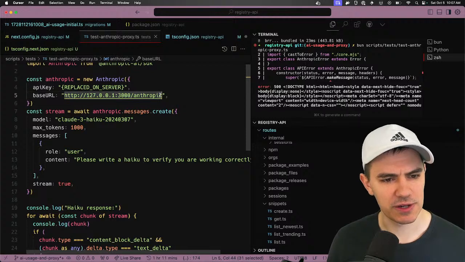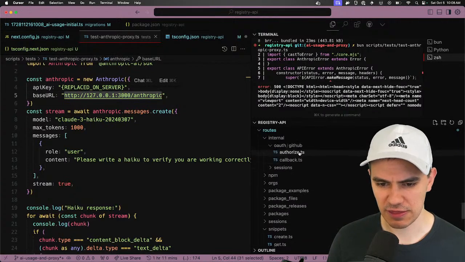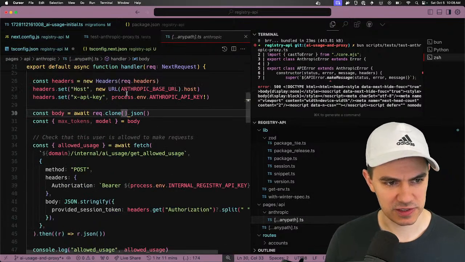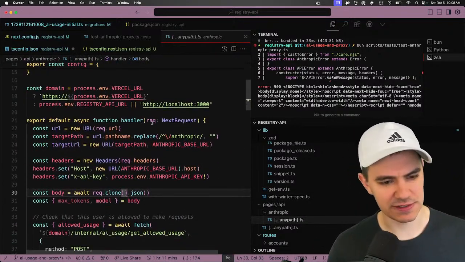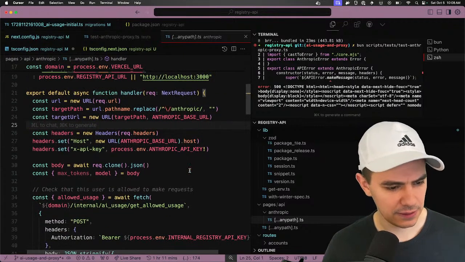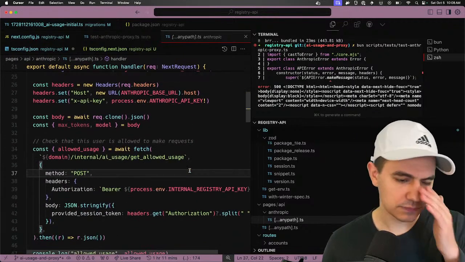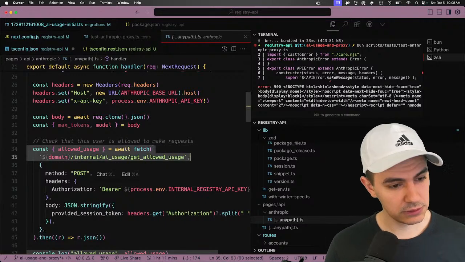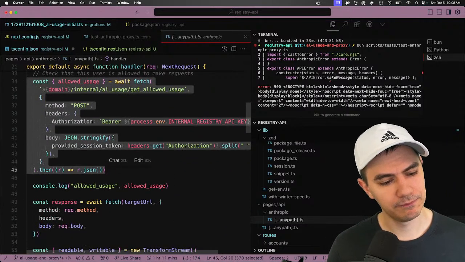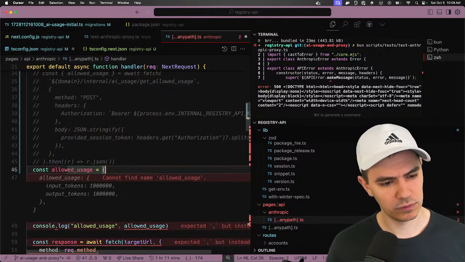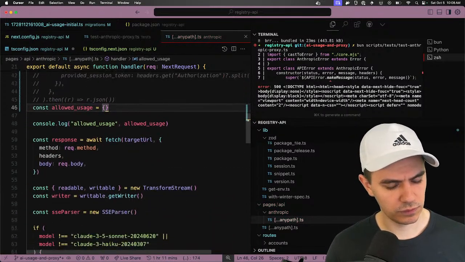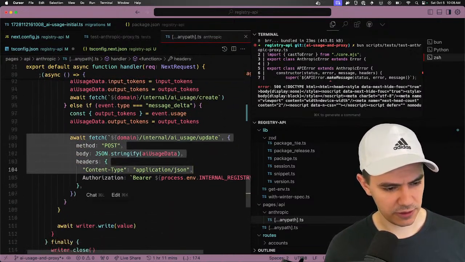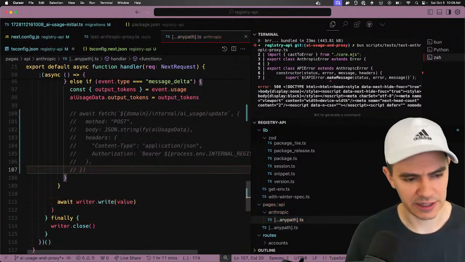So this makes a request to 3000/Anthropic, which we have covered with this special edge function that proxies to the Anthropic SDK. Oh, this is the issue. I haven't implemented these yet. And then this one we also need to comment out. Okay. Because we're literally going to implement those in a minute here.